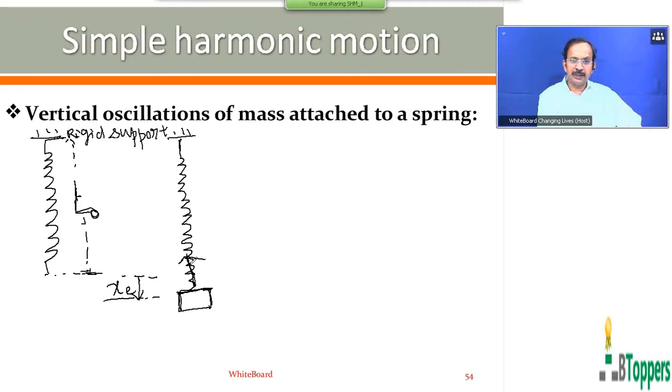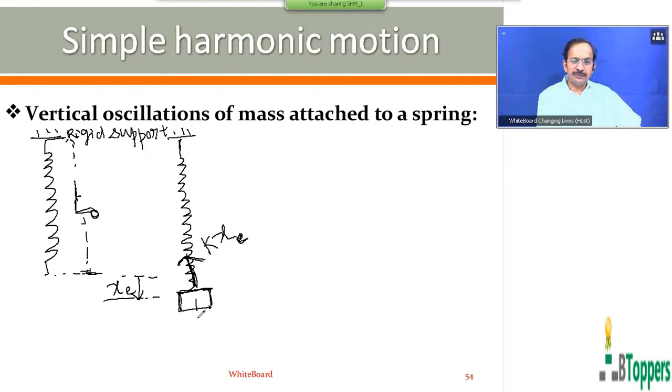The magnitude of the elastic force exerted by the spring on the block can be written as K times the elongation of the spring from its natural length. K is the elastic force constant of the spring. The elastic force constant of the spring is numerically equal to the stretching force required to produce unit elongation in the spring. When the suspended mass stretches the spring downward, the suspended mass exerts a force on the spring in the downward direction. So the reaction force exerted by the spring on the suspended mass, that is the elastic force by the spring on the block, acts upwards.